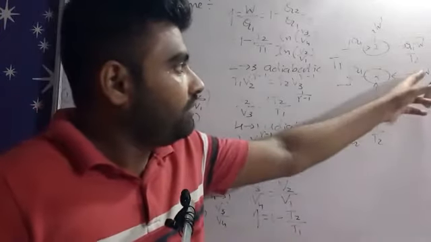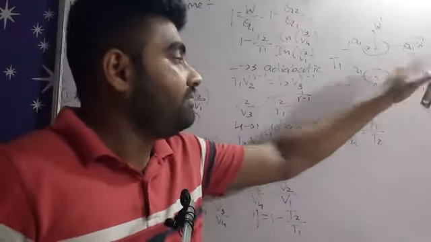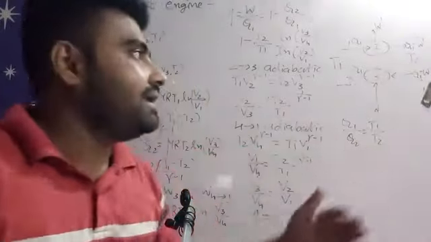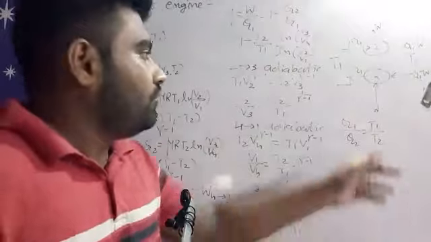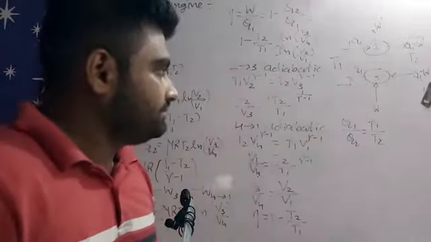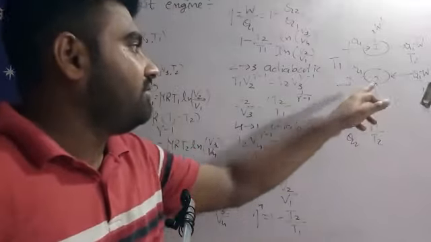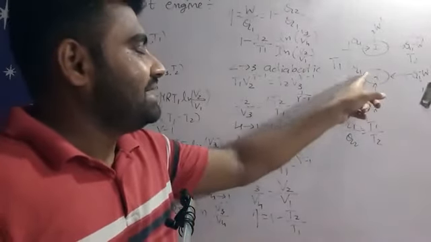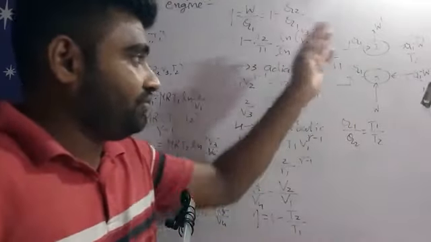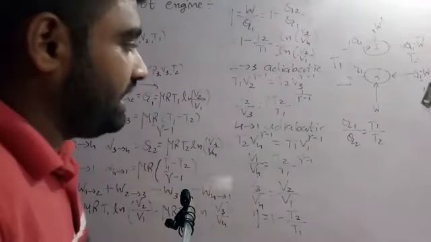Because of heat absorbed from this cold reservoir by the refrigerator, this reservoir will become colder and colder, right? After that, work is done on the system, so we have to sum this W with this term. So W gets cancelled out. Now we are left with Q1. So this much heat is given to the hot reservoir, right? This cycling process continues, and that is the main working of this Carnot engine.